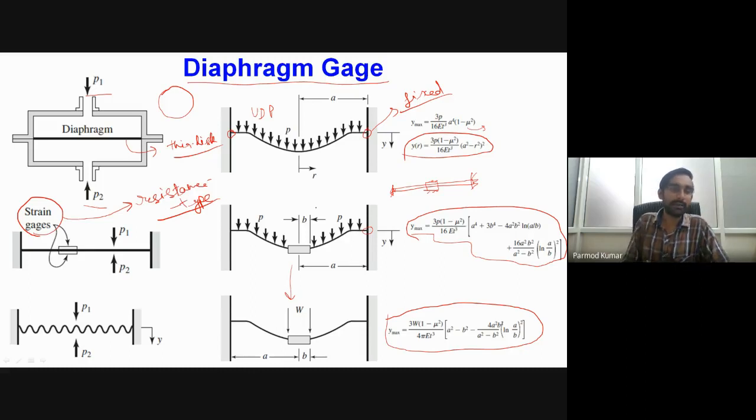Okay, but before that, one more thing I would like to highlight. In these first two figures, you can see that the surface of the diaphragm is smooth. This type of diaphragm is sensitive to low pressure measurements. If we go for high pressure measurements, the deformations will go beyond the elastic limits. So in order to make it operable at high pressure conditions, what do we do?